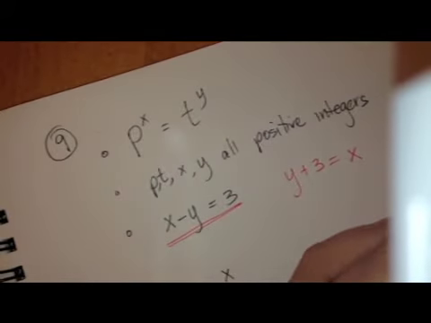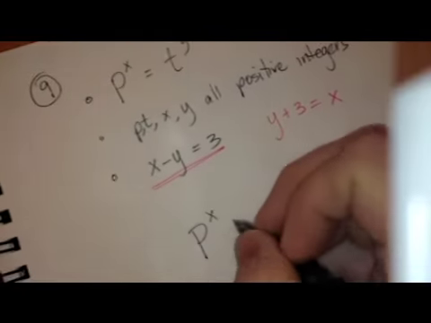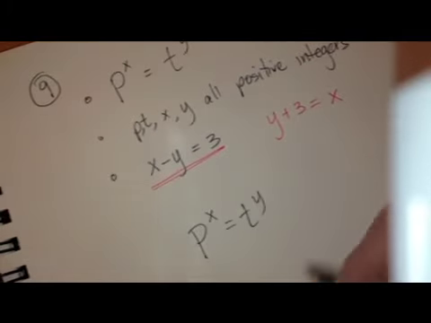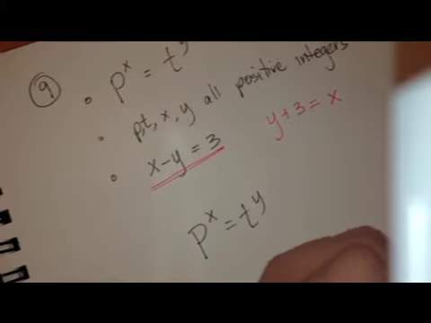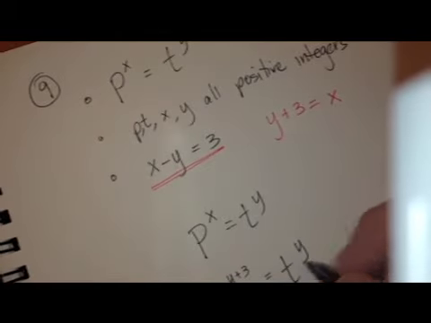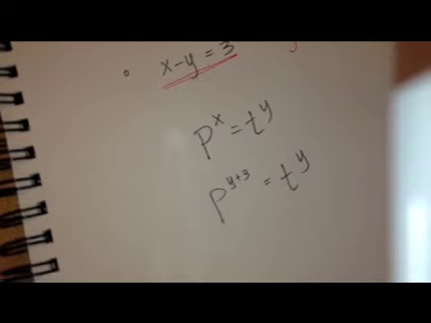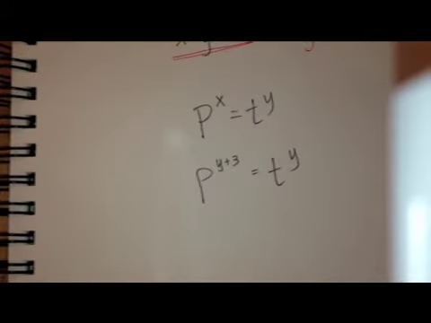P to the x equals t to the y becomes p to the y plus 3 equals t to the y. As I go through this scenario, I can remember,